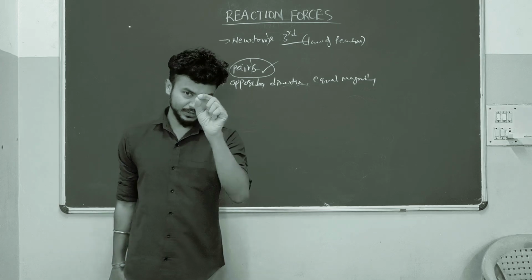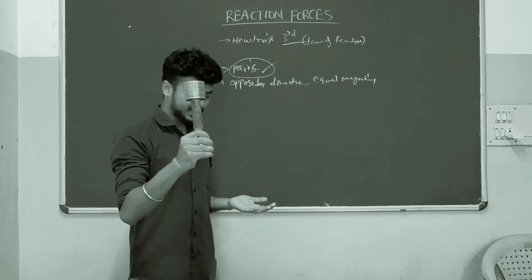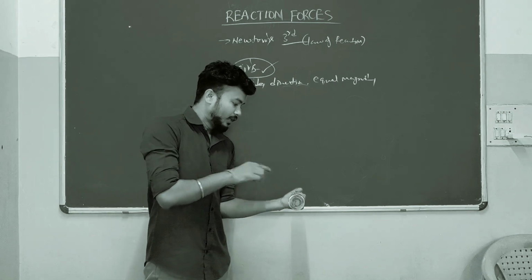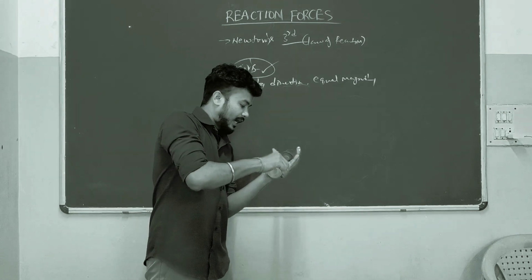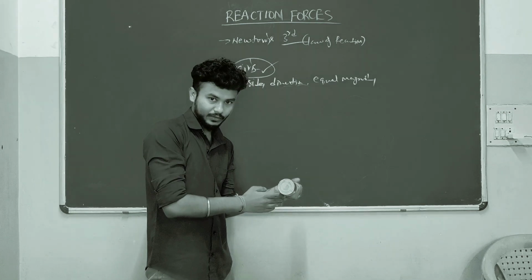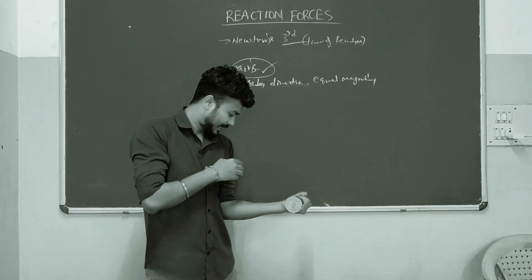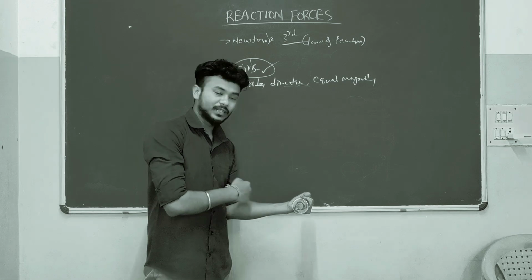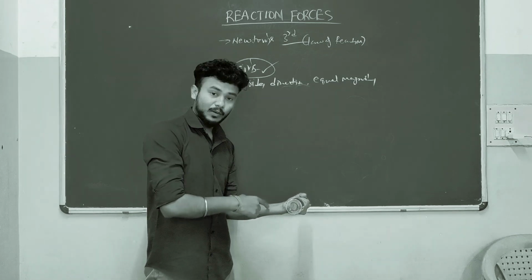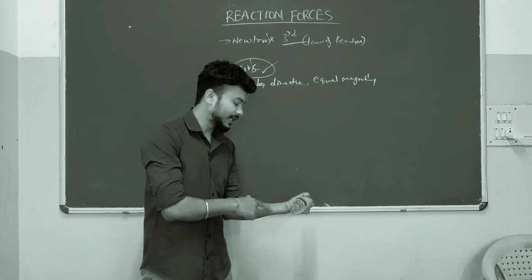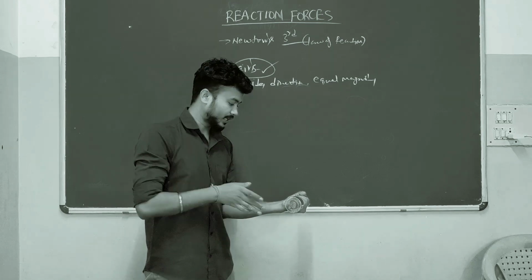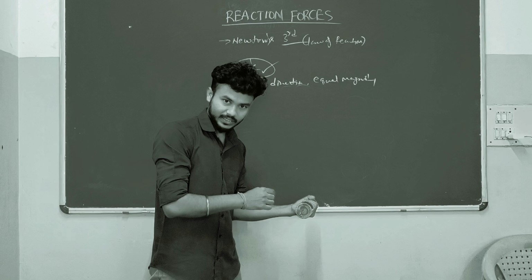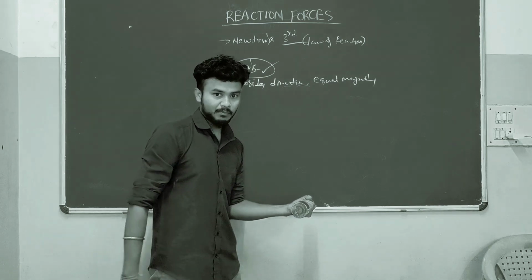Suppose now we are going to see Newton's law of inertia. One object is there. I am taking that object into my hand. Now this object is giving a kind of force to my hand. To resist that, my biceps also give a resistance force. So here the forces are in pairs, opposite in direction, equal in magnitude. So here we are fulfilling Newton's third law. Only two forces are there.